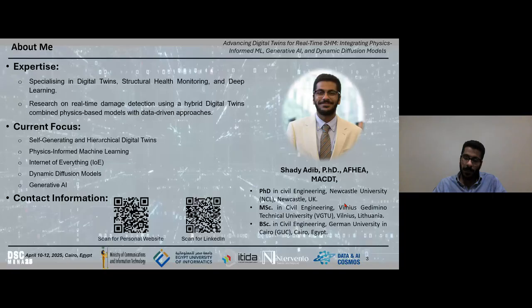So that's why we're trying to advance the model to have a self-updating model based on emerging technologies like GenAI. So you can have synthetic data which is not coming from any numerical or real data, based on unexpected scenarios introduced to the model. So you can have a huge amount of data, train it or feed it to your model. Once it happens at any point during your online monitoring, you will be able to identify it, or have an early warning before it even happens, and have a decision about what should be next.